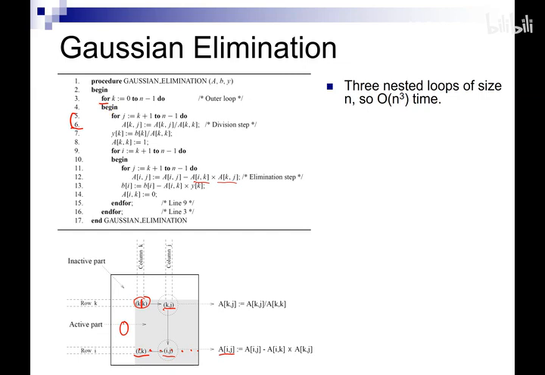So we first need to iterate over the k, right? So the k is just, we're going to go through all of these diagonal elements. For each k, you're going to need to do this elimination onto all of the values in this kth column, okay? So for each of the,